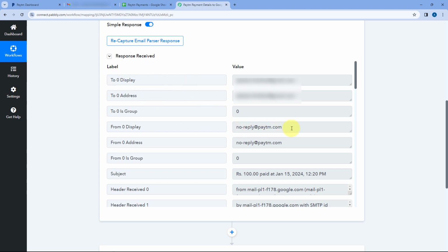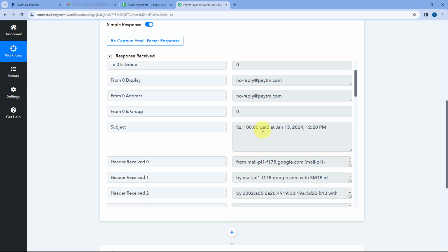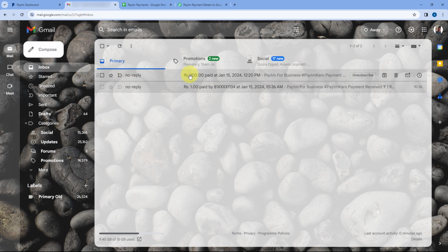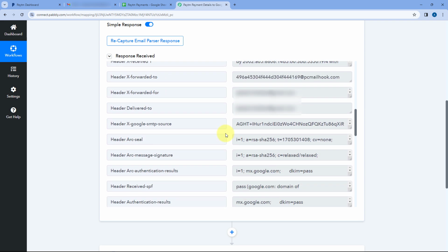And in this response, you can see we have received an email from Paytm. We will scroll down, and the subject line of this email is ₹100 paid at this particular date and time. So here you can see this is the exact same subject line of this email as well. Then after that, in our Pabbly Connect workflow, we will scroll down and go to